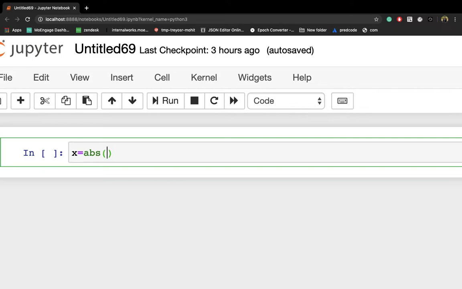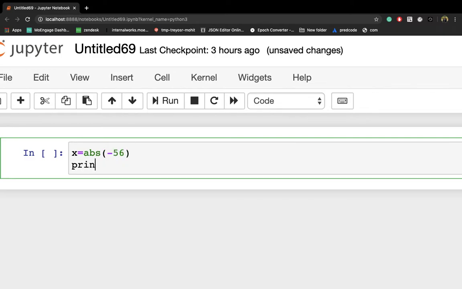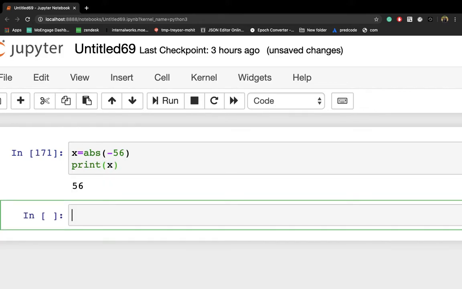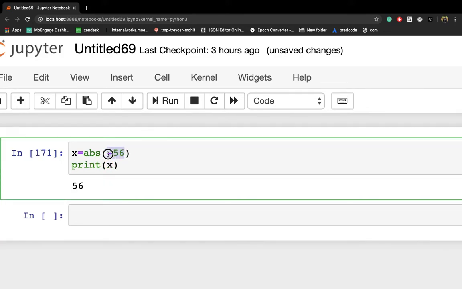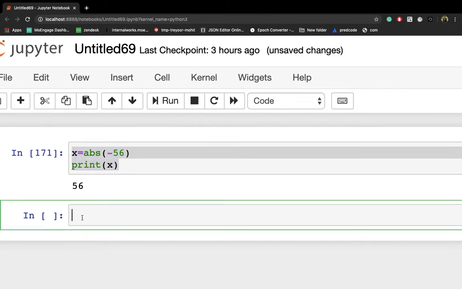So abs, I'm putting a negative integer, let's say minus 56, and if you print this x, you will get 56. If you write minus 56, you get positive 56, because as I told you, absolute value is the distance from zero, which will always be positive, right? Let me write a few positive numbers as well.